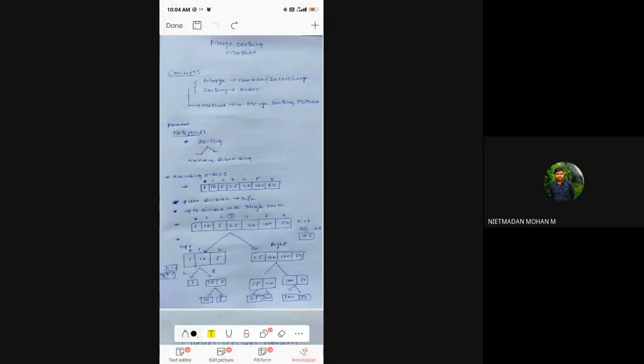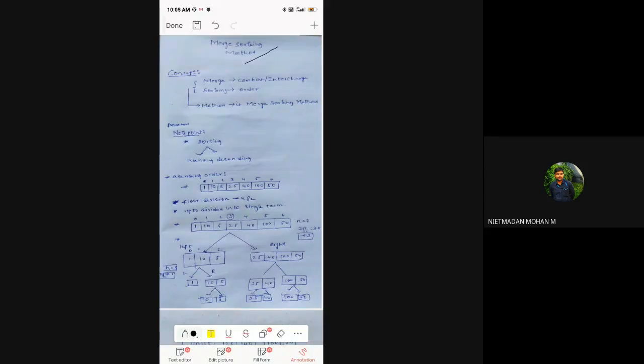Okay, sir. First of all, hi, myself Uma Shankar, and now I'm going to explain the process of the merge sorting method. I have done this with my own process. I'll explain now. So here, you just see this merge sorting method. I have written the heading like this.